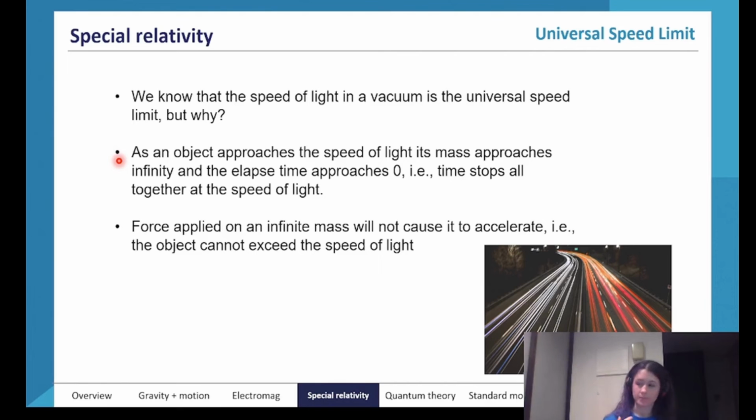This result is exacerbated as you get closer and closer to the speed of light. This is why we don't notice it in everyday life, because we are not going anywhere near the speed that we would need to be, right? But if an object is moving a lot closer to the speed of light, the effect is going to be way more noticeable.